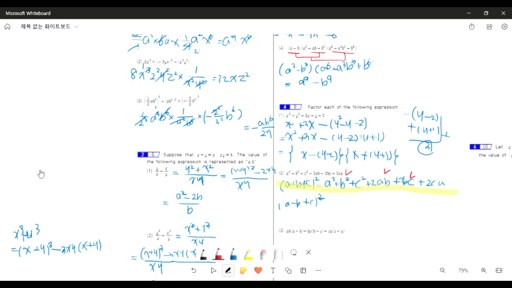I will change that in the expanding equation, putting in negative b. So a² + b² + c² − 2ab − 2bc + 2ca. So we can find the answer here, and 3 is